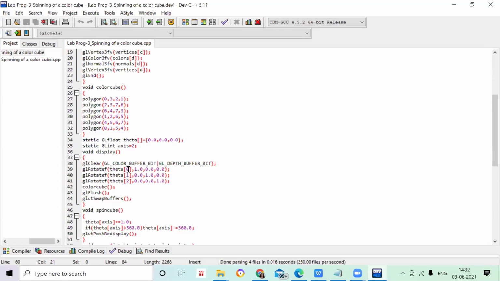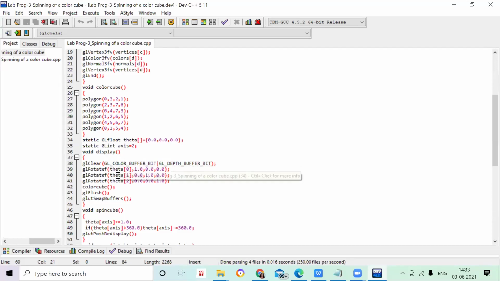Now how did I come to know that it is the x-axis? Here you can see the three values whatever I have given. How is it going to tell you that these are the rotation values? This means rotate by the degree whatever you are giving. And how is it going to rotate? It has to rotate by this degree on these vector values. In this vector you have x-axis, y-axis and z-axis. Your x-axis is active, you can see 1.0. That is the reason this theta value is going to rotate on your x-axis.